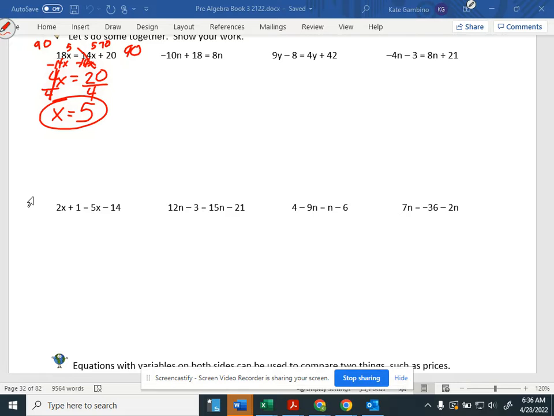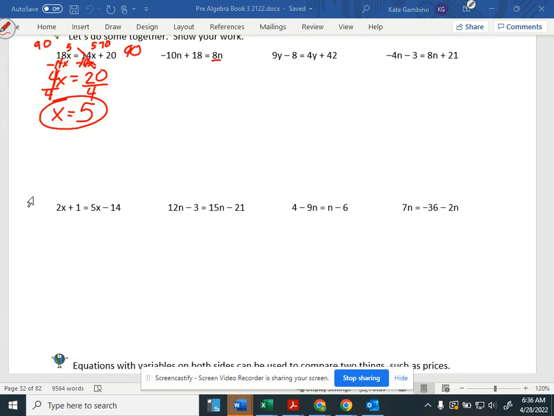Negative 10n plus 18 equals 8n. So now it doesn't matter which side of the equal sign I put my variable and which side I put my constant. Sometimes I like to do whatever takes the fewest steps. I see there's just an 8n over on the right side, and I think to myself,